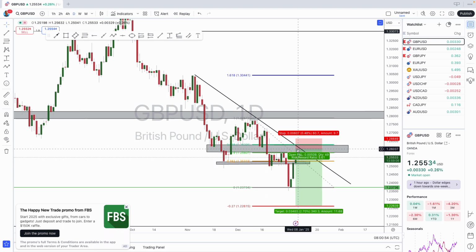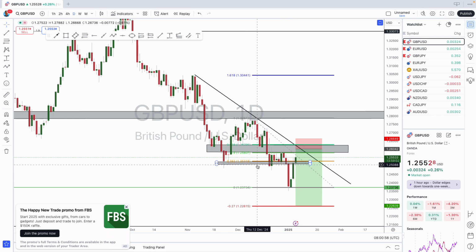That's why I was not really concerned about selling here. I have a pending order here, but I was not really comfortable with having one here because despite the fact that this was a support now turned resistance, there's a very slim chance that it would hold because it is the start of the year and things are still shaky, right? So we still need to be on the safe side. And how do you be on the safe side? By following your strategy to the core.